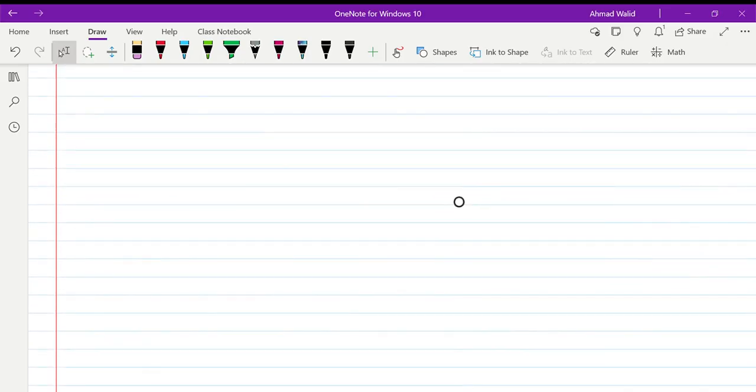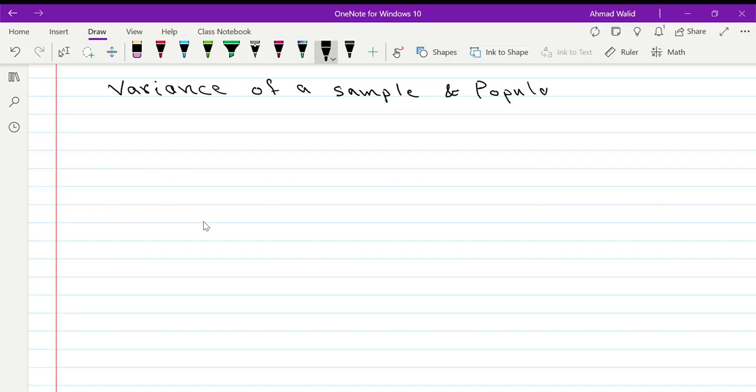Another topic that has a close relation with the standard deviation is variance, correct? I will not give you a new formula, don't worry. How to find the variance, correct? We will talk right now about variance of a sample, or maybe population. First of all, what is variance? Correct? The variance